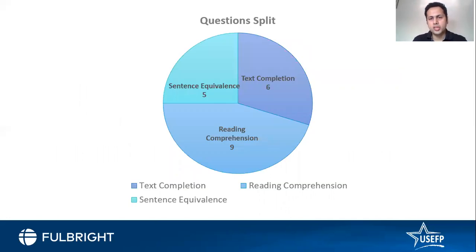Now, coming to the verbal section, this is the split of the questions that come. Approximately, there are two verbal sections that have 20 questions each. So it has 9 reading comprehension, 5 sentence equivalence, and 6 text completion questions. Looking at this pie chart, it is clear that 11 of the 20 questions